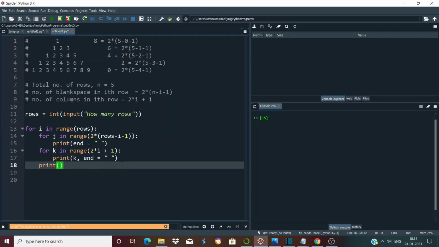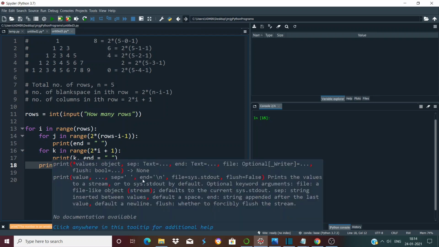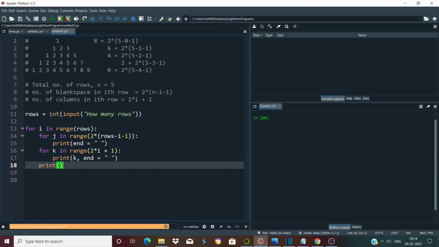And inside the print function, if we don't specify anything, by default, as I just mentioned, if we just hover over the print function, you can see by default the value of the end parameter is \n, which represents a new line. So if you don't mention anything inside the print function, it will print a new line for you, right?